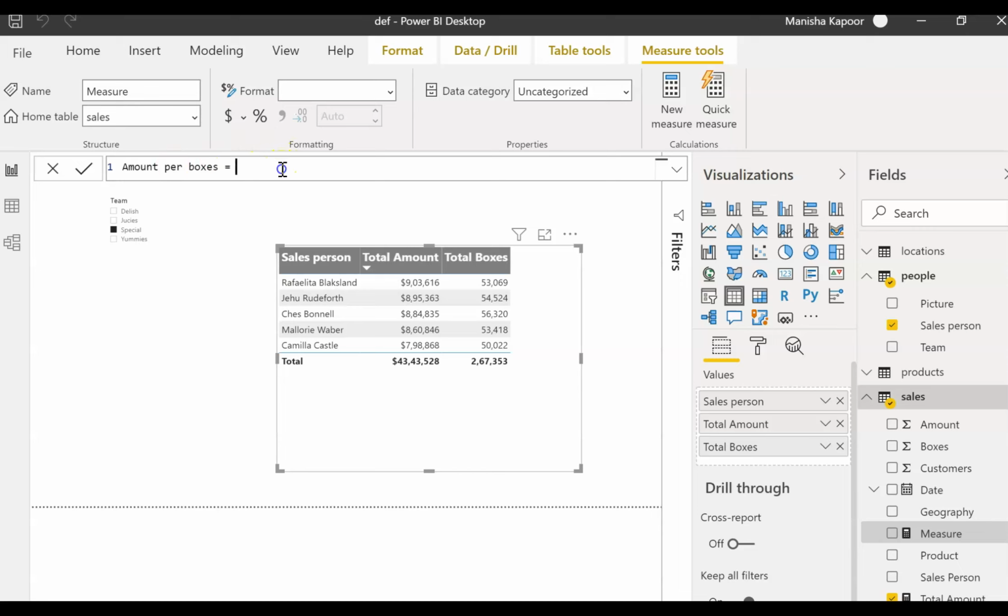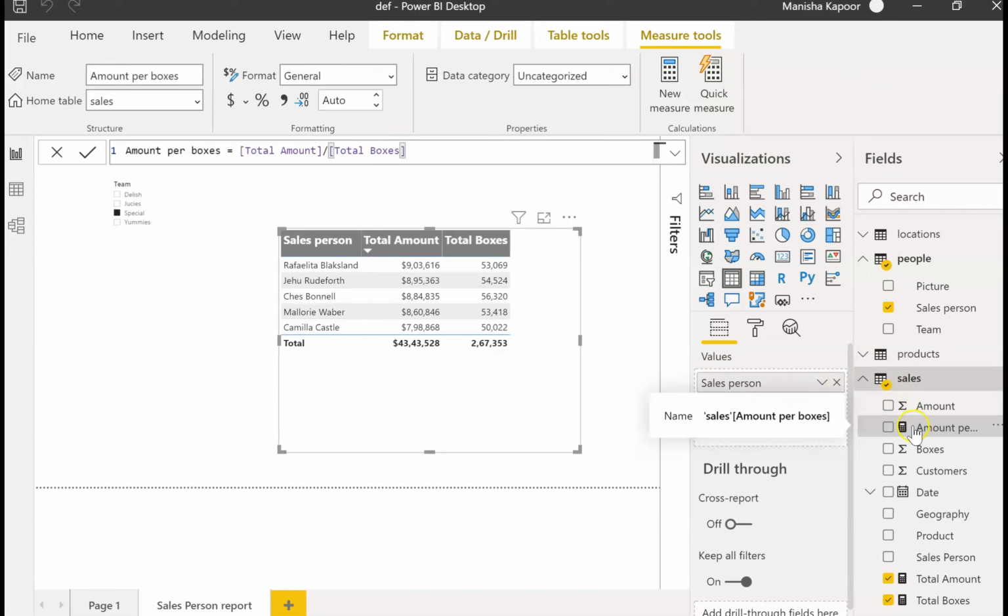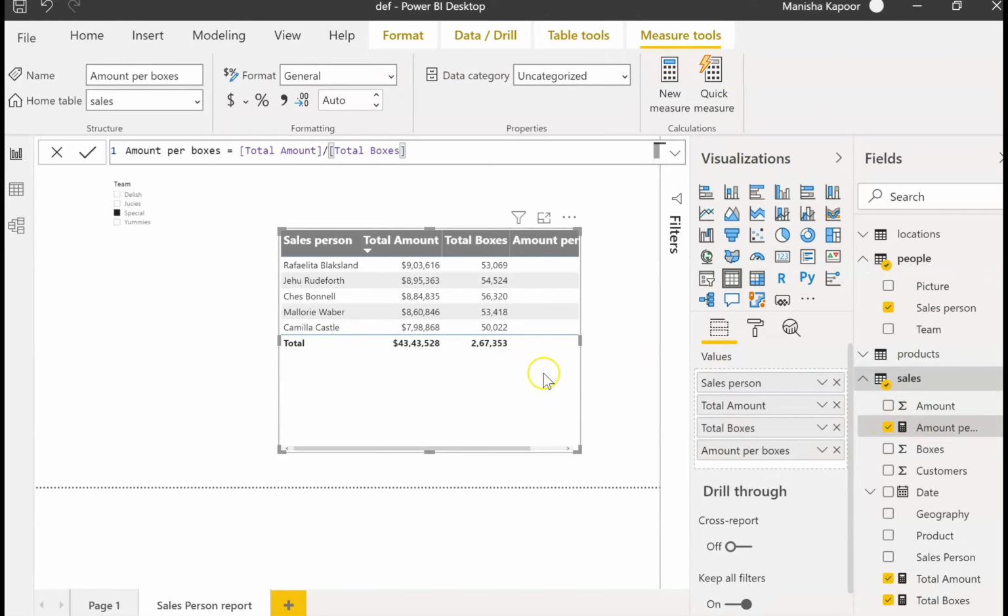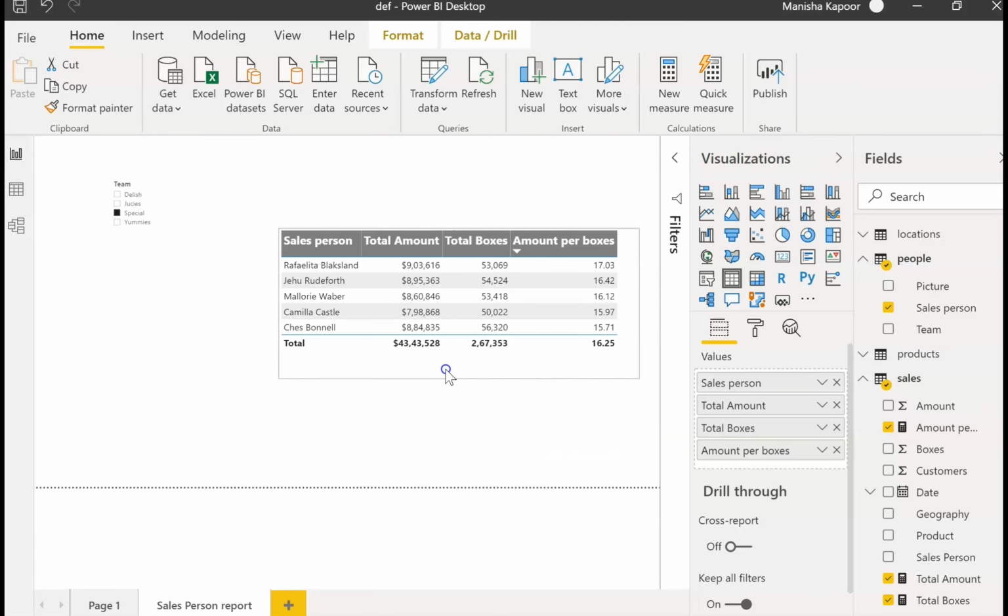which is basically my total amount by total boxes, and I tick mark this, and you can see the amount per boxes is created here. Just click on this, and let's make this